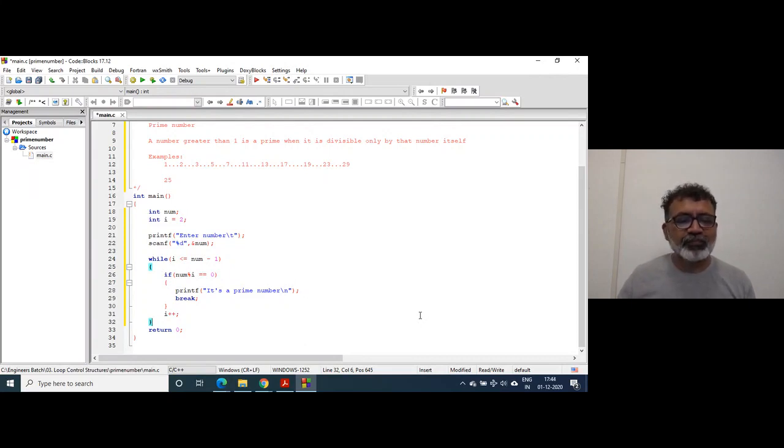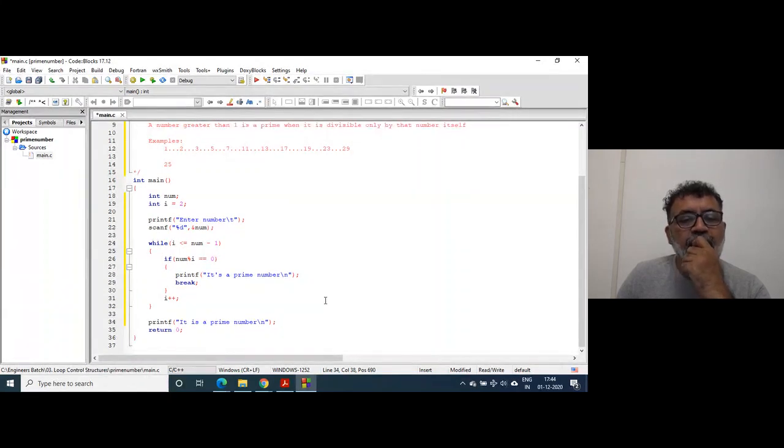But when it is not a prime number, I will write here: print it is a prime number. There is a problem here. This program will run perfectly for some inputs, and for other inputs it will not.